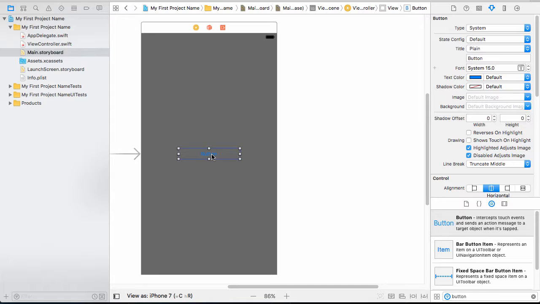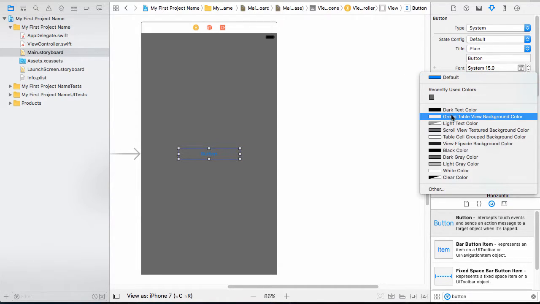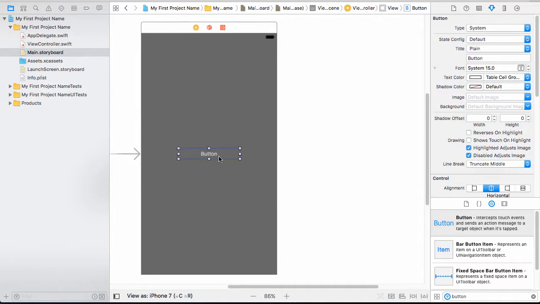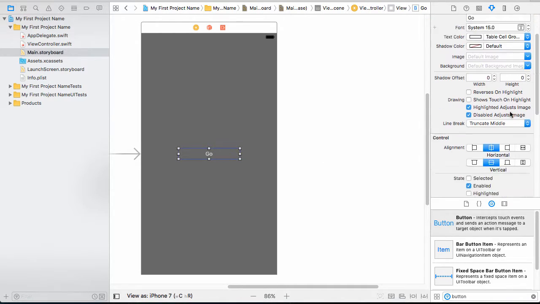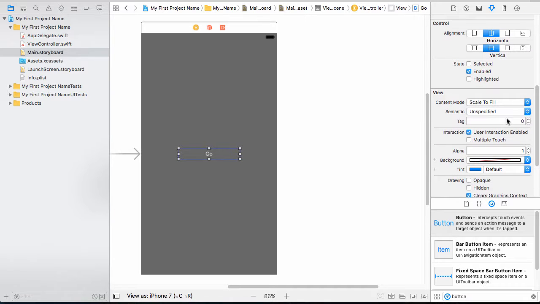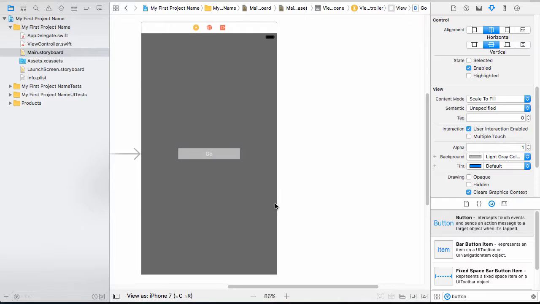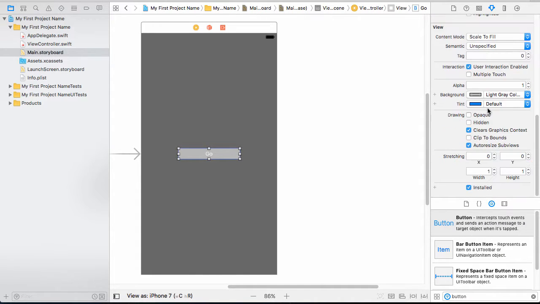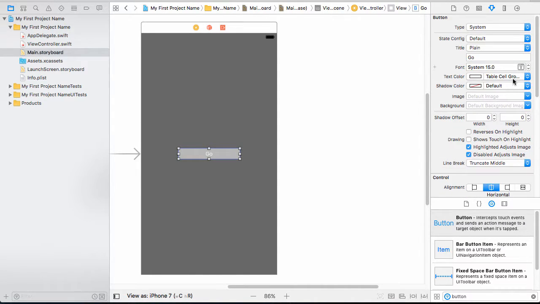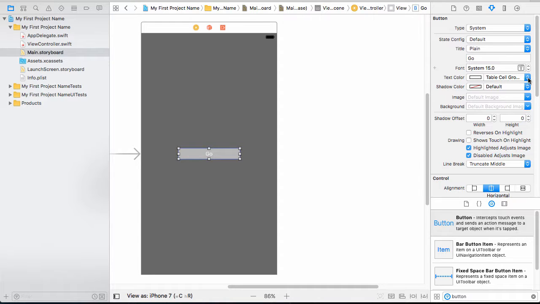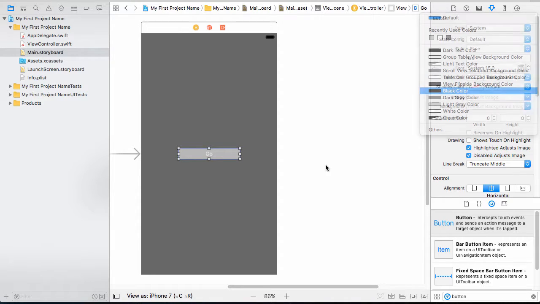So wherever you click here, we see the properties on the side. So let's choose another color for the button. Let's put a white. Let's change the name for Go, and so on. So you can do the change for your design. Let's change also this background to another gray. See, fantastic, huh? Now we can go back to, I'm just playing here so you guys can see how we